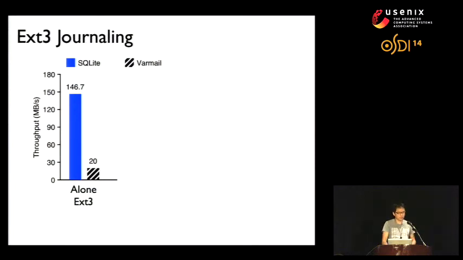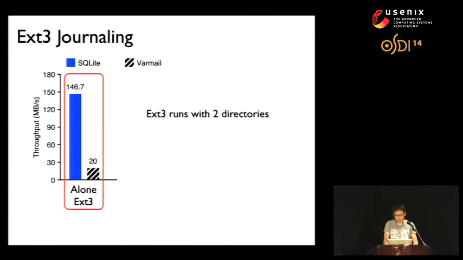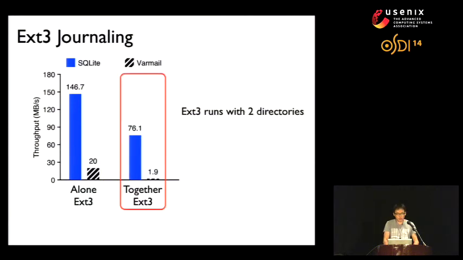Now let's look at the performance in ext3 first. Here, we first run the two applications alone. Like we first run SQLite, and it gets 140 megabytes per second. Then we run Varmail, and it gets about 20 megabytes per second on an SSD device. Now we run them together, and we can see that both applications' performance suffers significantly, especially Varmail. Its throughput is only 1/10 of the original. The reason is, when Varmail calls fsync, it has to force the shared transaction to the disk. The shared transaction will include a large amount of dirty data of SQLite. So Varmail's performance degrades significantly because of the large delay of fsync.